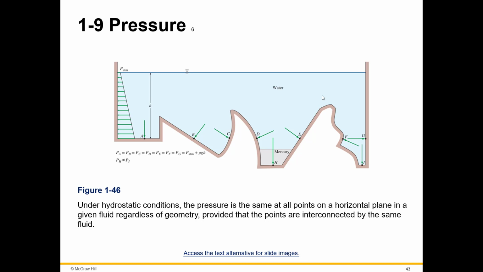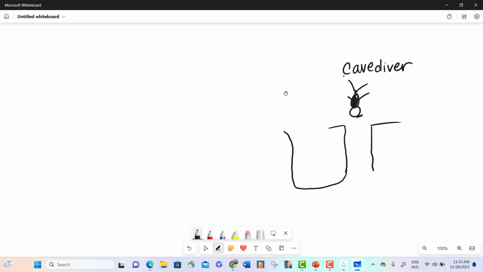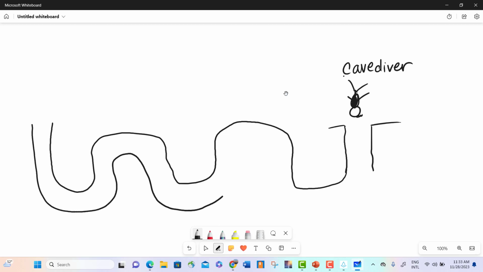Let me pause this and get my drawing board, and I will give you an example that's much easier to understand, because this is not doing it for me. All right, so the thing that I think is easier to think about is, I know it's strange, but let's say you are a cave diver, okay? And this is you, with your little cave diving stuff. Here's your little tank. Say this is the opening for the cave, and you're going to go down, and the cave goes all kinds of different ways, right? And there's your exit, okay? So here is the path. It's all underground,